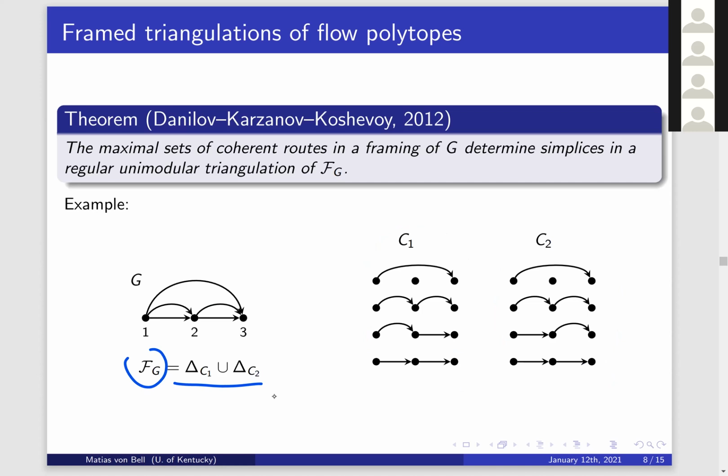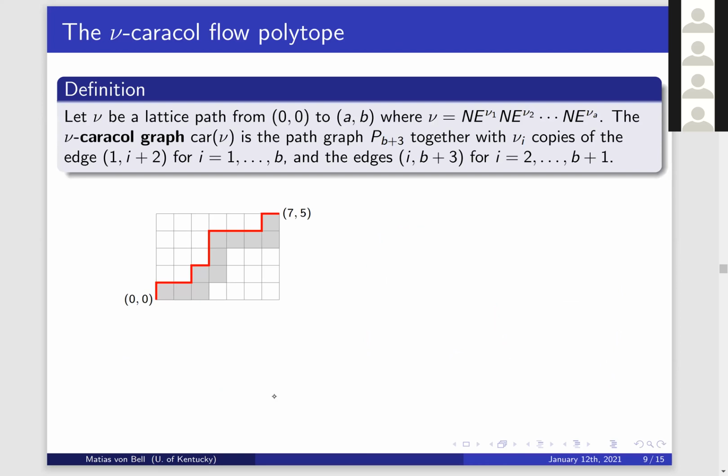Okay, so with all that said, we'll introduce the star of today's talk, and that's the new Caracal flow polytope. It's constructed from a path nu. That's, for example, here on the left, taking this one, by looking at the number of north steps, adding 3 and considering the path graph on the number of north steps plus 3 vertices. And here, if we then add some more edges below from all the inner vertices to the sink here, and